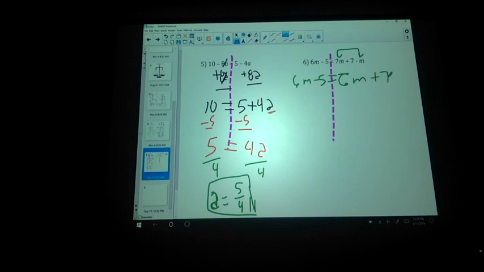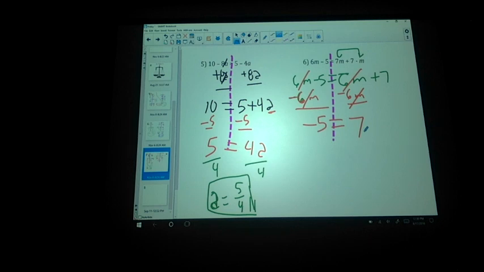All right? Let's take care of the m's from both sides. So I'm going to subtract 6m, subtract 6m. So that cancels. So that gives me negative 5 over here. And that cancels. So that gives me,